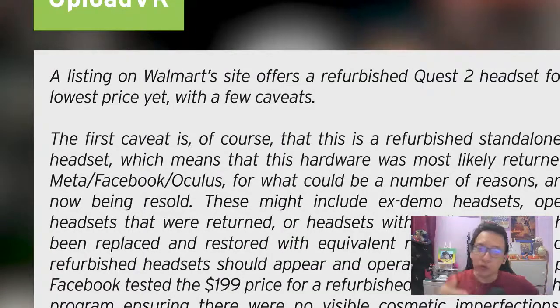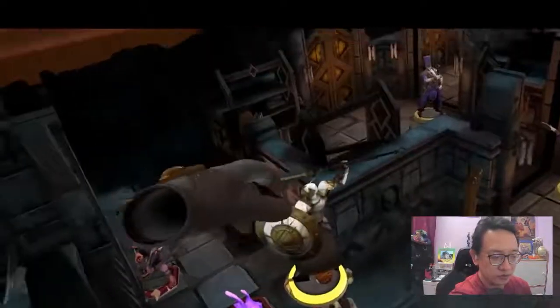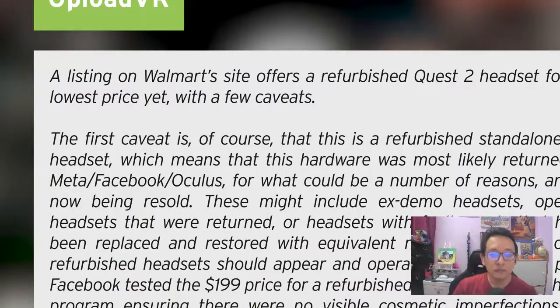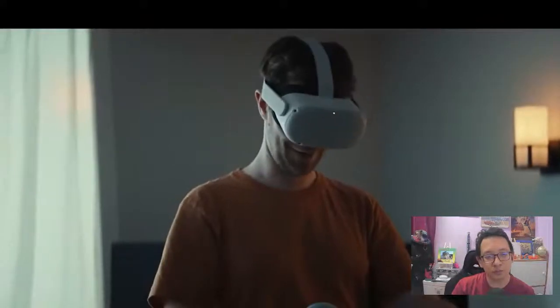In any case, refurbished headsets should appear and operate like new. So, yeah, this is something that Facebook does. My PC parts were bought used or refurbished,